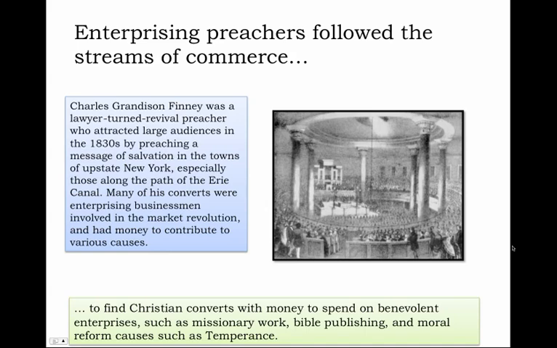Charles Grandison Finney was a lawyer-turned-revival preacher who attracted large audiences in the 1830s by preaching a message of salvation in the towns of upstate New York, especially those along the path of the Erie Canal. Many of his converts were themselves enterprising businessmen involved in the market revolution and had money to contribute to various causes, such as Finney's Church on Broadway in New York City, a sparkling new edifice that accommodated large revival meetings and sermons attended by throngs of New York City residents who were eager to support the enterprise